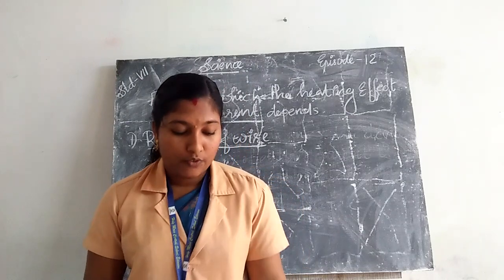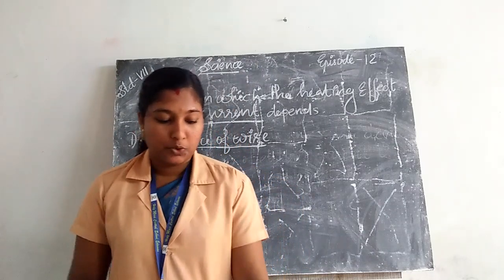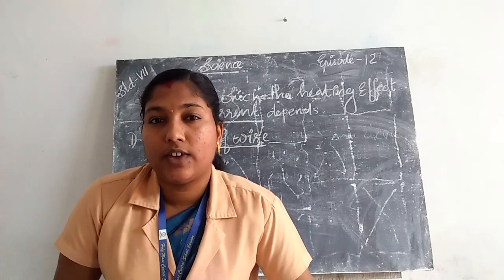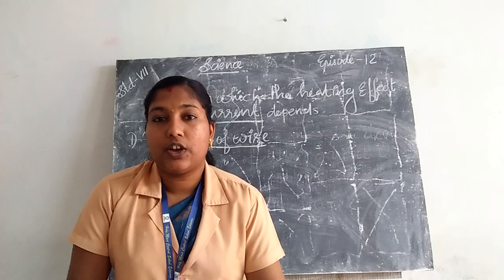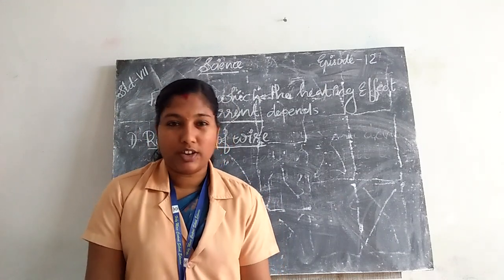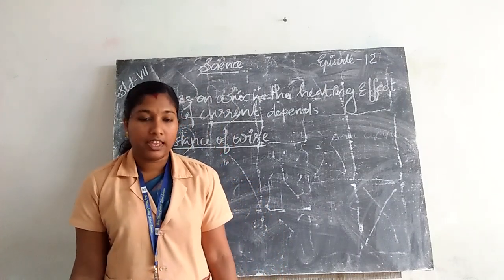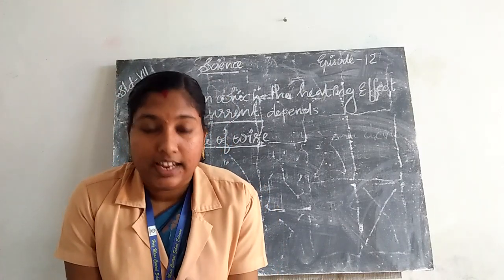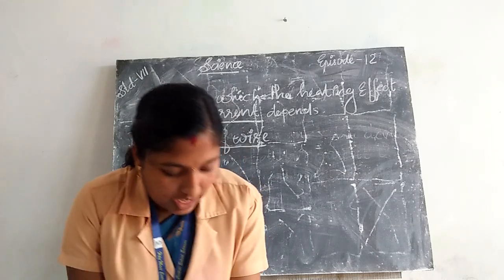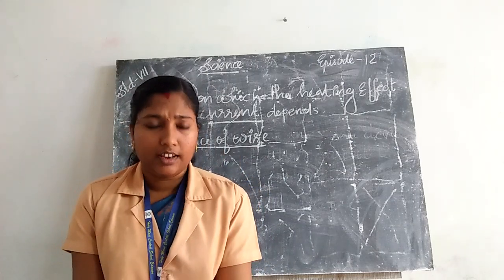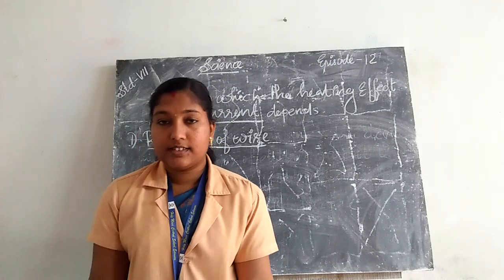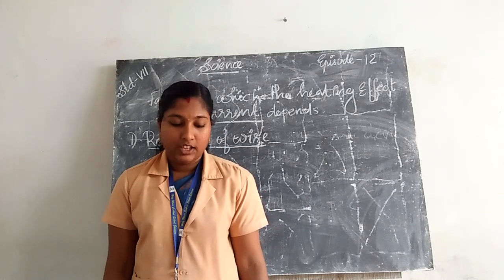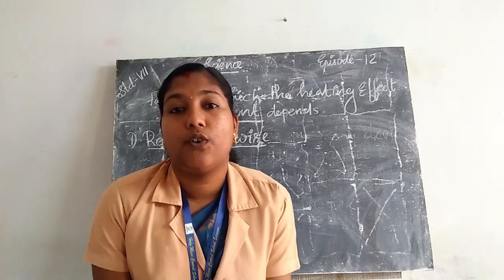High heat. So we can say that it is due to the resistance of nichrome wire. The resistance of nichrome wire is more than the resistance of copper wire. That is why nichrome wire is used for making heating elements in electrical appliances. Then, the resistance of a wire depends on the material of the wire, the length of the wire, and the thickness of the wire.